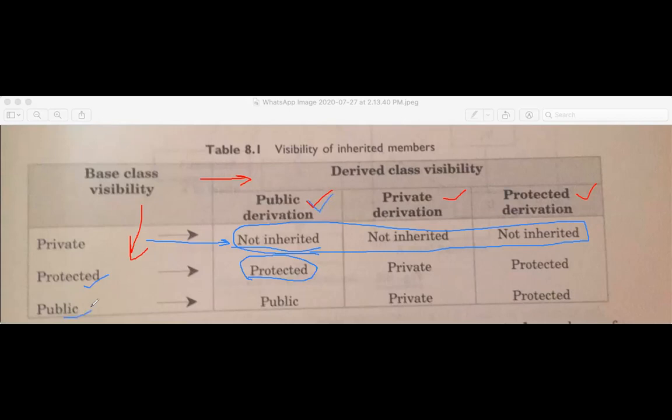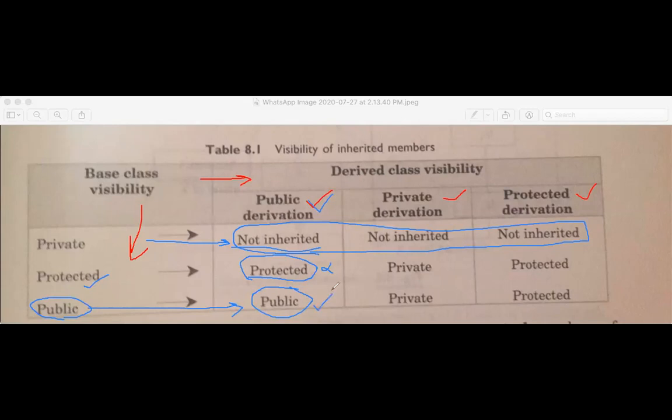In case of a public member in your base class, with public derivation, the same public visibility is maintained. So it means that the object of the derived class can access only this field, that is the public member of your base class. The object of the derived class is not able to access the protected member of the base class. Getting?